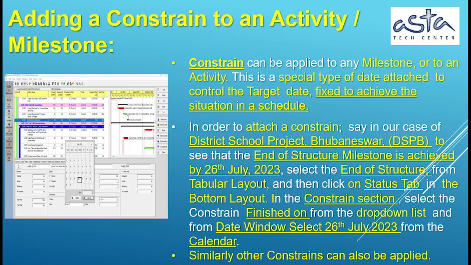Adding a constraint to an activity or milestone. A constraint can be applied to any milestone or to an activity. This is a special type of date attached to control the target date fixed to achieve the situation in the schedule. In order to attach a constraint,